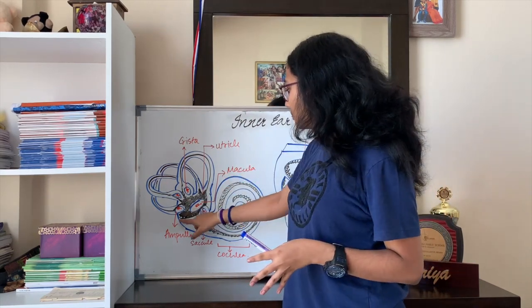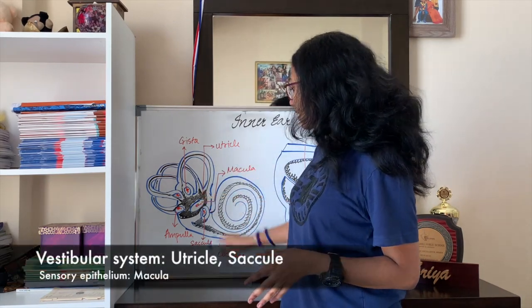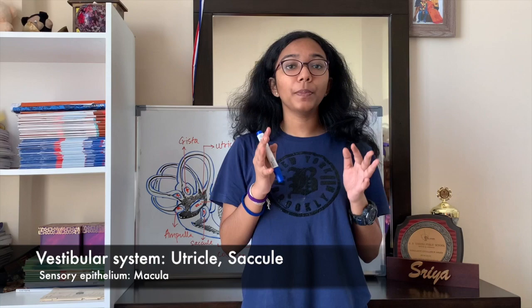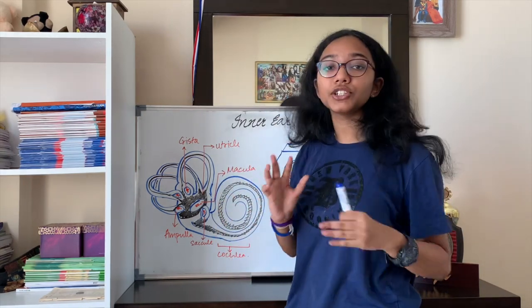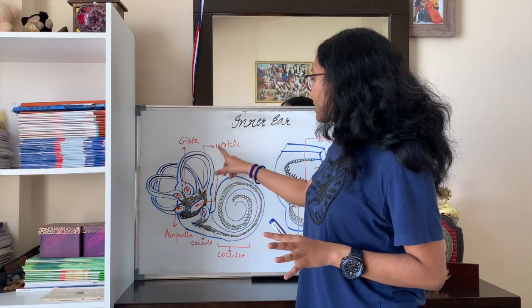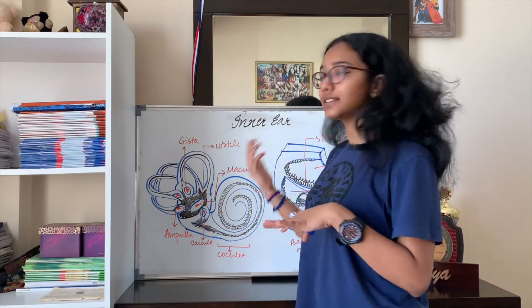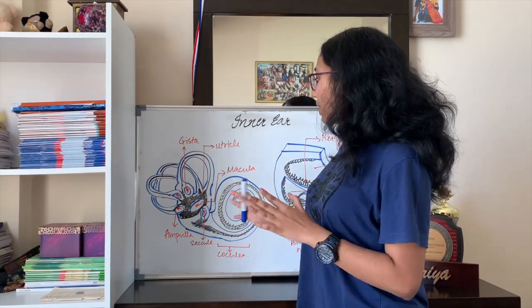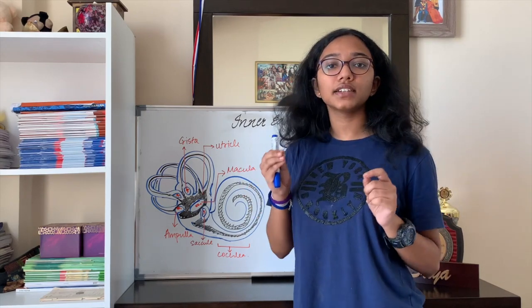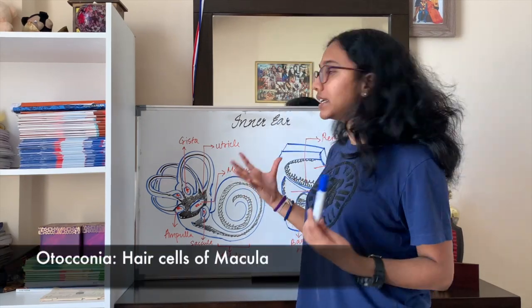Now, our vestibular system, or this area, has 2 basic parts: the utricle, which is here, and the saccule, which is here. These 2 parts are responsible to find out the motion of our head or our body and maintain the balance of our head and body by the forces of gravity or by linear acceleration. So there isn't much to expand upon this. All you need to know is that the sensory part for utricle and saccule is the macula, which senses the movements and hence sends signals to the brain. So that is about the vestibular system. It also has certain cells known as otoconia, which help in detecting motion further.